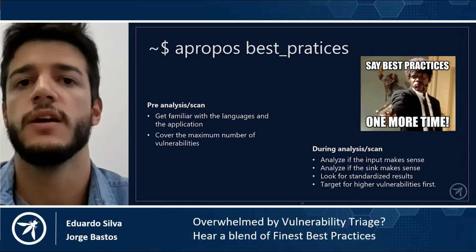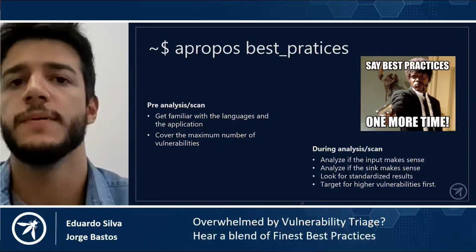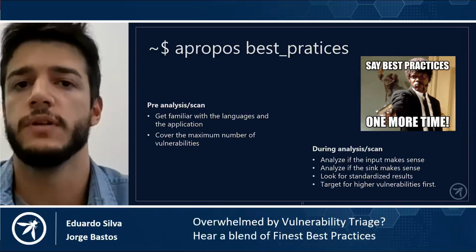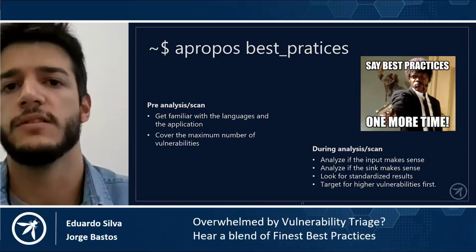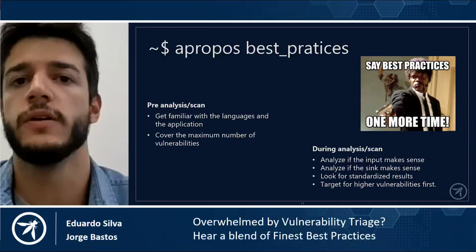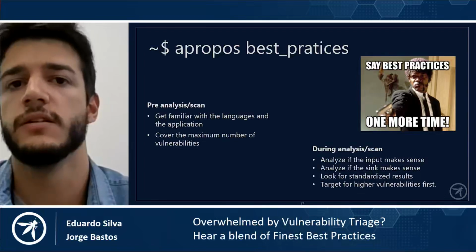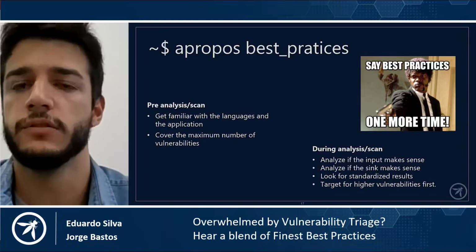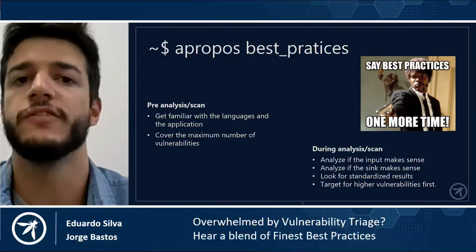In the same way, if the input makes sense, aim next for the sink to see if it's a good handling node. For example, in the case of reflected XSS, if the data is not sent anywhere, you can triage the result easier. Next, if those two nodes make sense for that kind of vulnerability, you will need to look for the entire